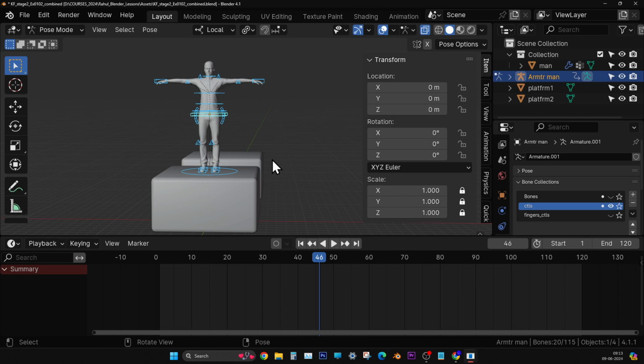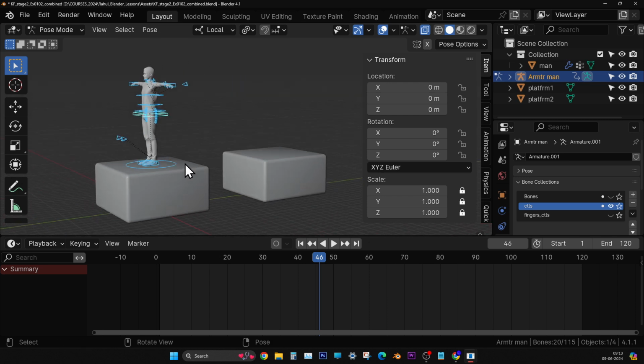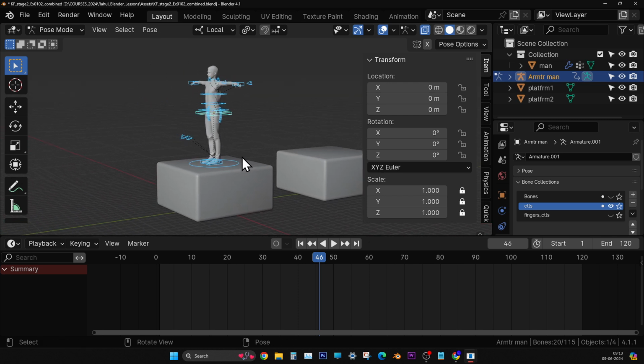This is called T pose. This is very important before animation. Any character, you have to delete the animation and then bring them to T pose. After bringing the T pose, you have to start animating. That is, you have to start posing, creating postures at 1,